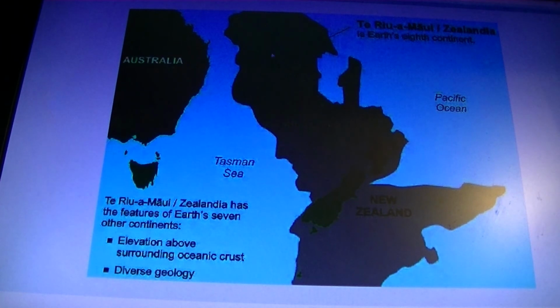So now we have this new technology that's giving us better maps. You know, we can see things like this, and it's going to start to demystify this new map of Zealandia. So we've got New Zealand here, but just underneath it is this huge area, the eighth continent on the earth, called Zealandia. So I hope you enjoyed this episode of Fun with Maps on New Zealand as much